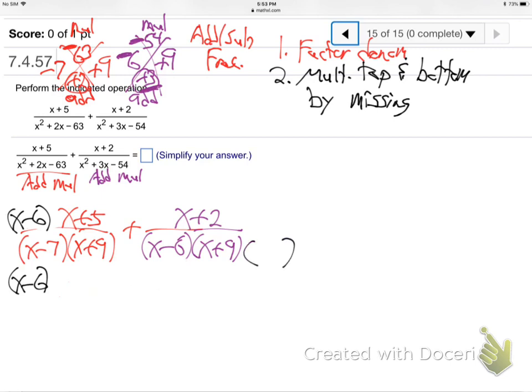And now this guy, what is he missing compared to the other one? The other one has x minus 7. So you give them what they're missing, top and bottom. See how they now have the same three pieces? It doesn't matter the order. Their two denominators are now the same. So what do we do from here? Step 3